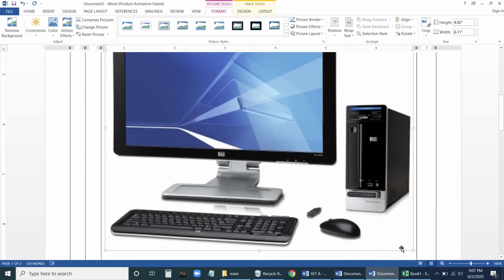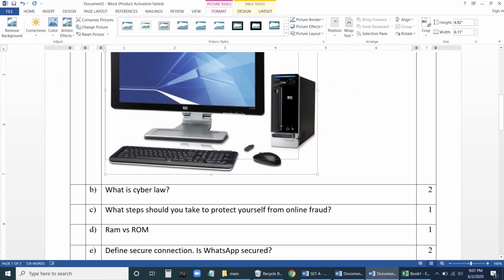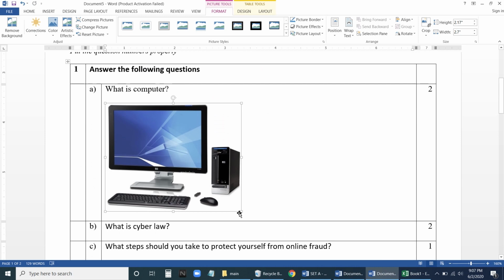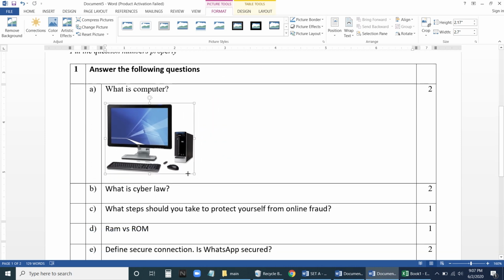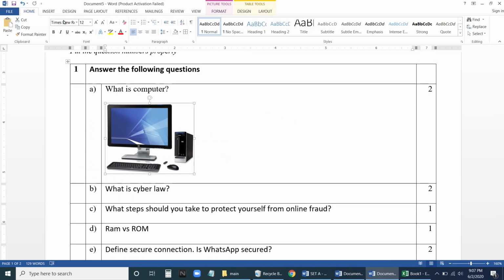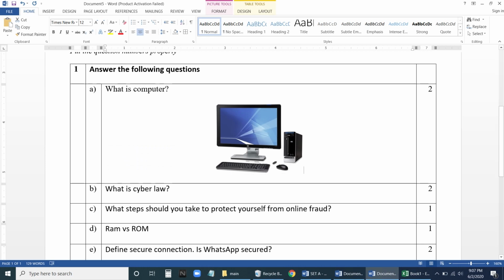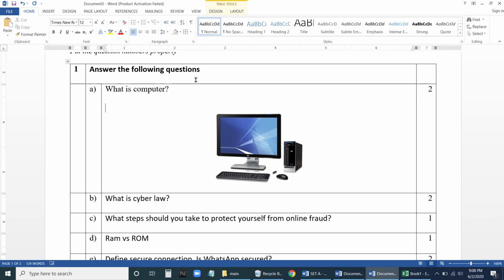Now we need to align it properly. Take this, align it properly. Sometimes it won't listen the way we want. Let us say keep it in the center. If you are happy with this, it's okay, no problem. Sometimes you need to keep it somewhere here, and you have some questions to type. Now if I type here, it won't come here. I cannot type here now.